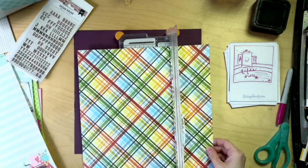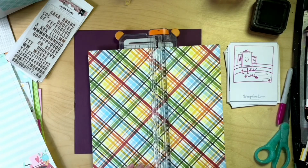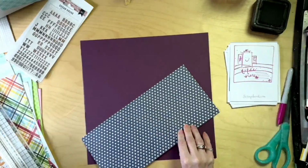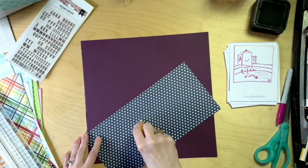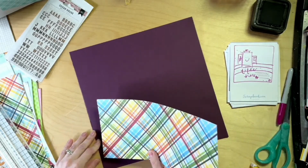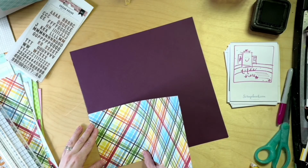Okay, so I want about that much to safely sit here at the bottom of the page so that we can pretend this is the whole background, but it's not, because I want the navy